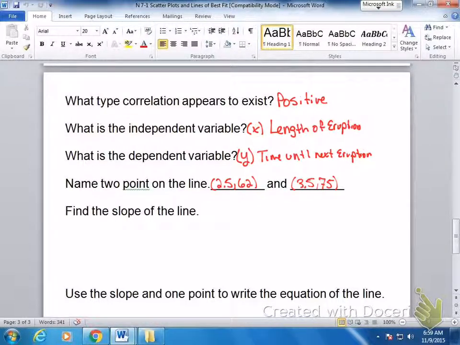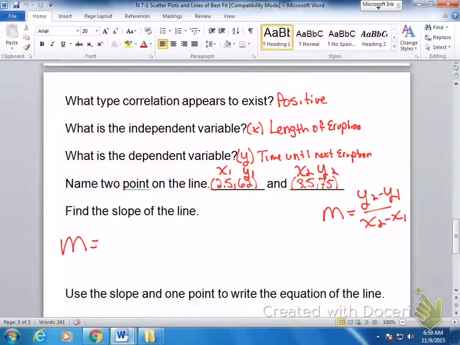Well, I can do that. I know I've got an x1 and a y1, an x2 and a y2. So I can throw it into my slope equation. Remember, m equals y2 minus y1 over x2 minus x1. So let's plug those in and see what happens. So I have m equals, well, if I look back at my point,